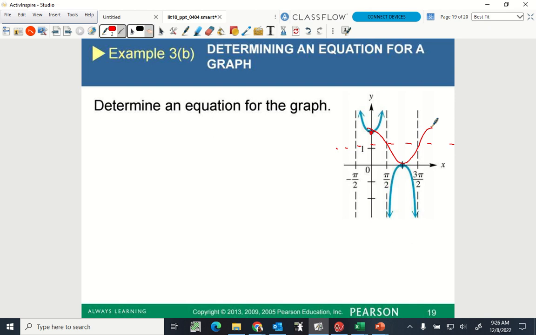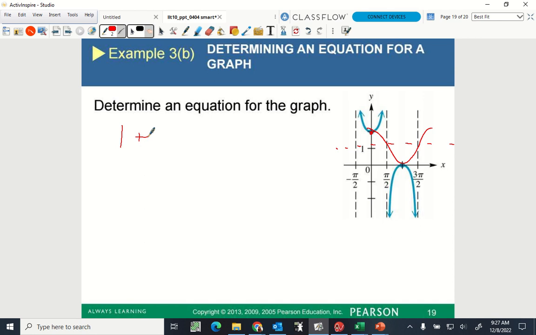What's different about this? Is it wrapping around the x-axis? No, it's wrapping around positive 1, right? So that means that the whole thing is moved up, isn't it? So it has a plus 1. It has a vertical shift. The vertical shift is outside the sine or cosine, whatever. So I'm going to start with my function being 1